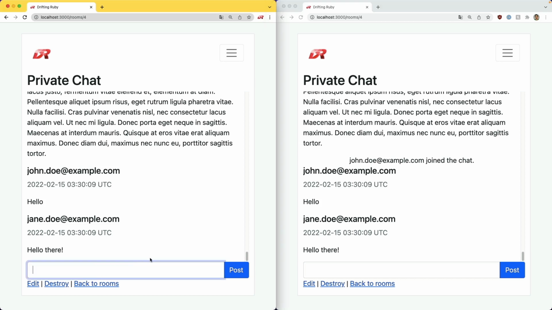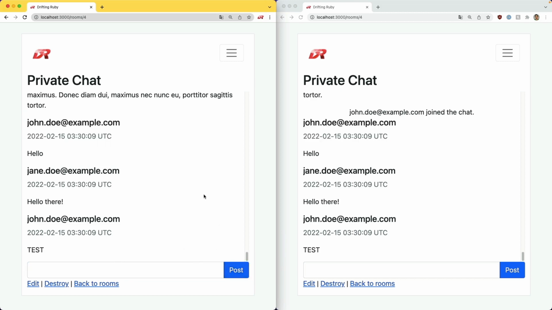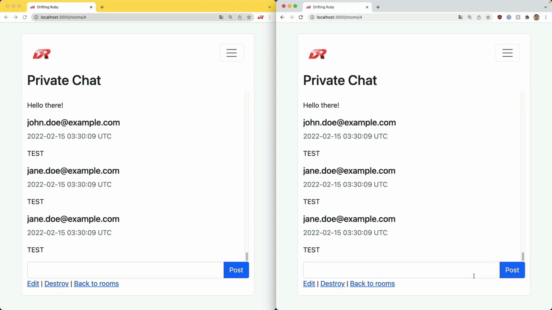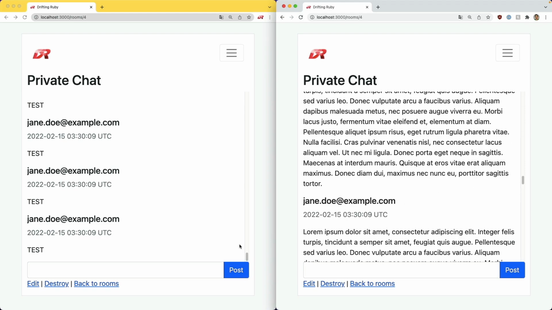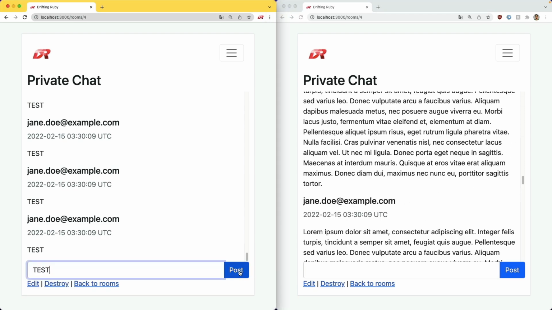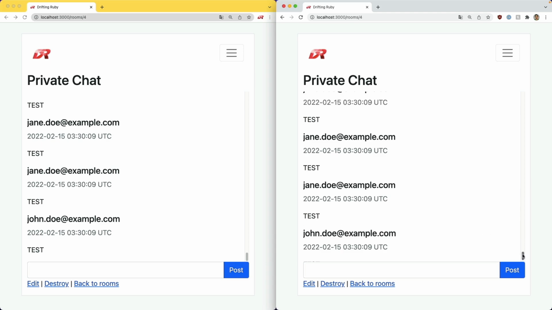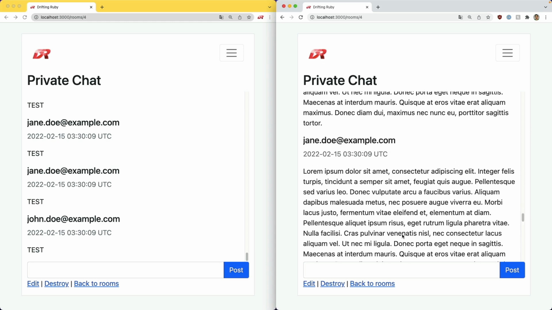Creating this kind of functionality is actually fairly simple with Hotwire, and we'll also be looking at adding in some Stimulus controllers, so when we type in some text, it'll automatically scroll us to the bottom of this chat window. As you can see, it is scrolling down, and we want to do this conditionally, only if it's a new message. And also, if someone has scrolled up and a new message is sent, we wouldn't want to send a user who is already reading a previous post all the way down to the bottom